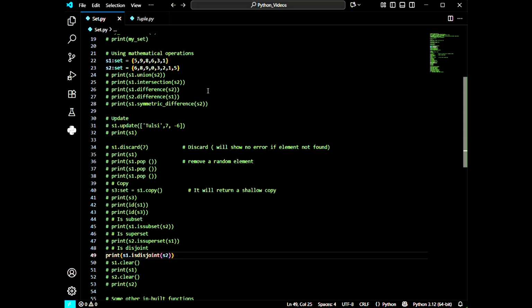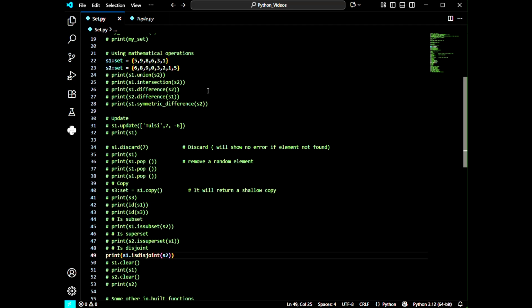With the isdisjoint function, we can check whether the two sets contain any common element or not. If we create 3 sets or 4 sets, we can check whether the elements in all the sets are common or not. If at least one element is common between the sets, then it will give us false.